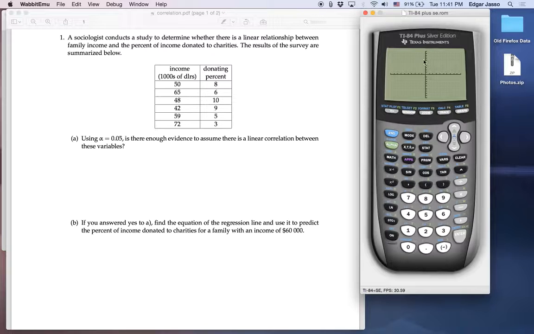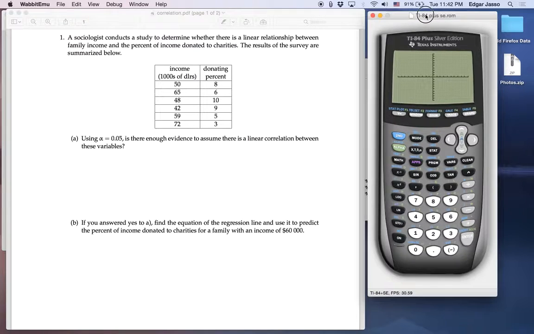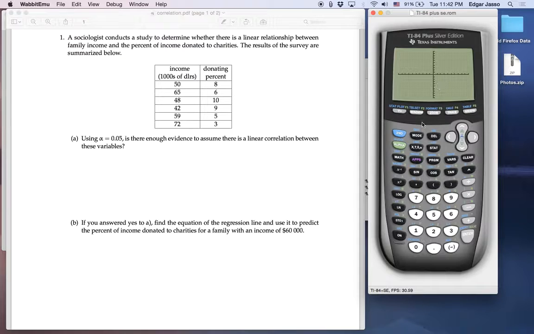And it's empty. Although it is plotting these points, I'm not seeing them because there's like a 10 by 10 grid, and it's like 50 for x, 8 for y, so it's way over here. So what I need to do is scroll this manually, or I can go to the window button here and move this all the way to, I don't know, 70 and something. But the easy thing to do is, instead of that, press the zoom button right here, and go to zoom. If I scroll down,